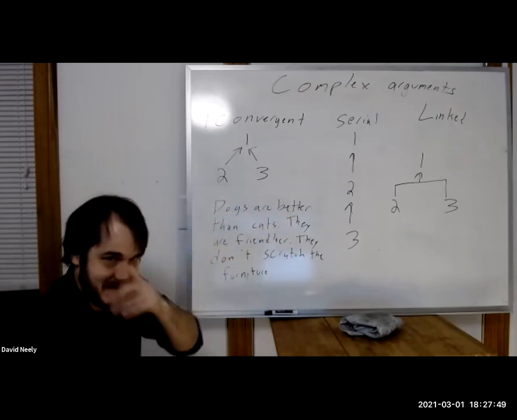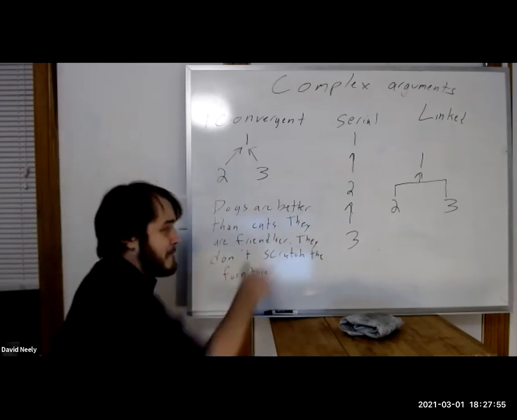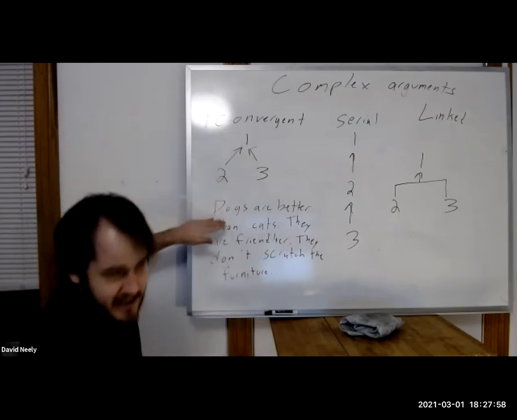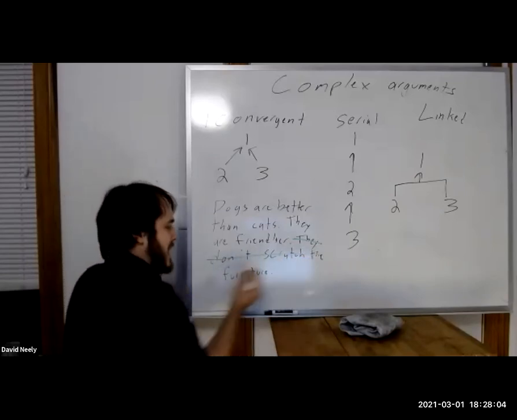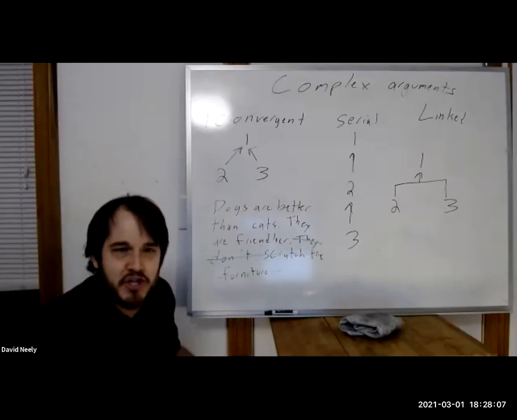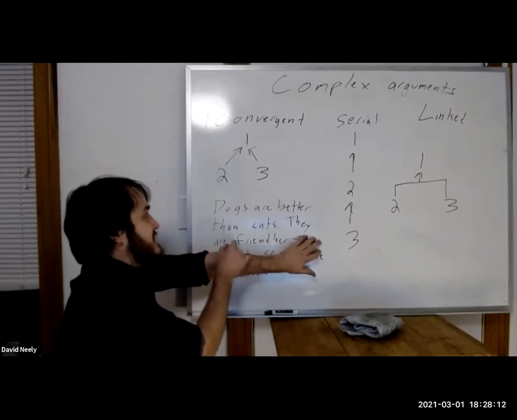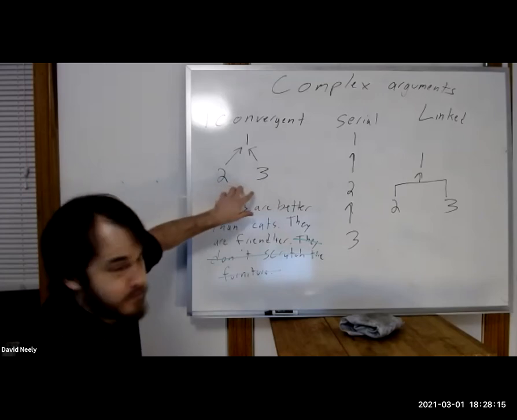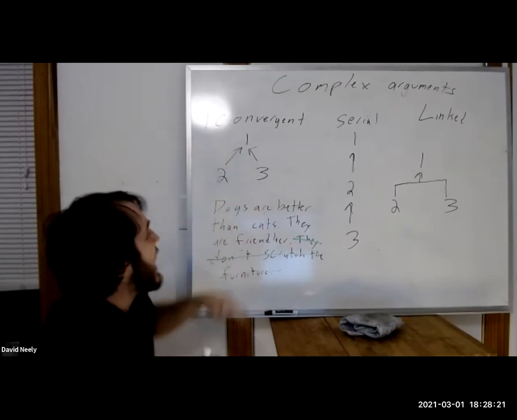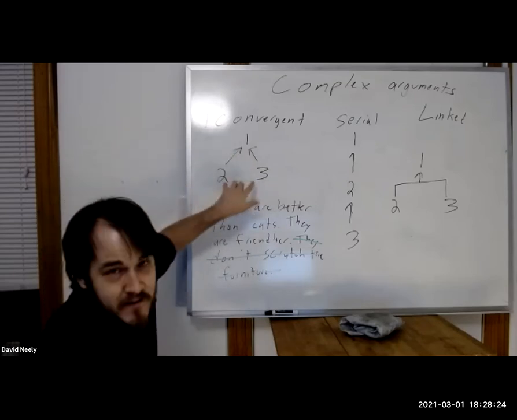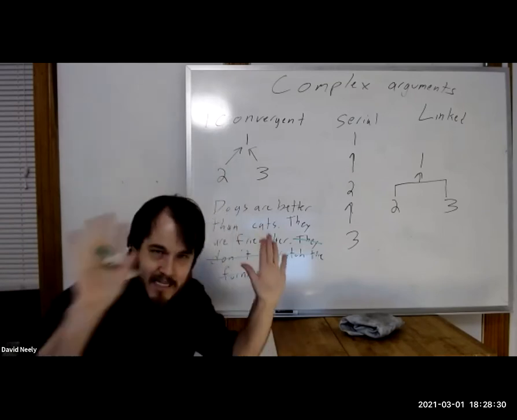Now, what do I mean by independent here? Why do I say that these are independent reasons? Well, it's because each of them by themselves provides evidence that the conclusion is true. So even if you proved to me that dogs don't scratch the furniture, because you're like, my dog chews the furniture all the time, that's a terrible argument. This is still a good reason to think that dogs are better. So these are 2 separate reasons that support the conclusion independently of each other. They converge on it, but they do not depend on each other in any way. Does that make sense to people?